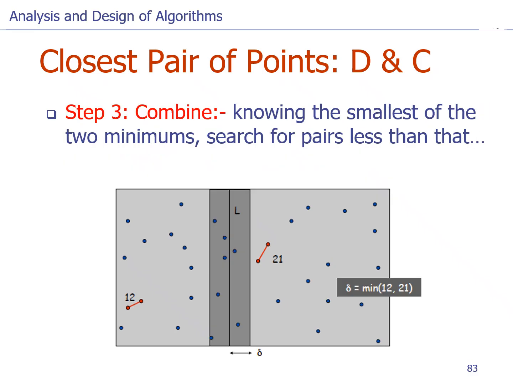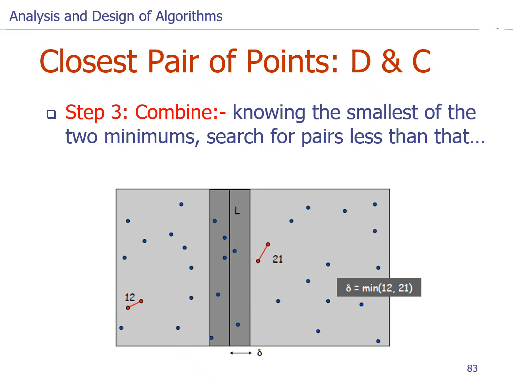Now, that means I don't actually have to go and do a brute force approach starting from the center or the line splitting the two maps. Why? Because the largest distance I would be interested in is 12. The delta that is displayed here in a dark gray color, if my current minimum is 12, then at most I should be looking at 12, regardless of what the unit is. It's 12 meters, 12 pixels, 12 whatever,